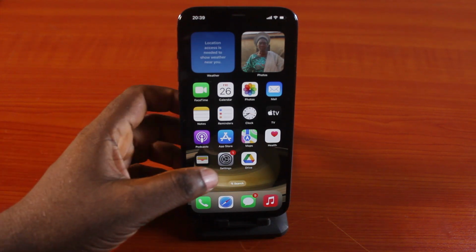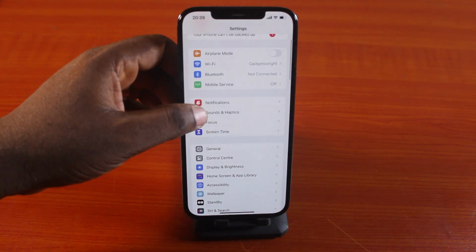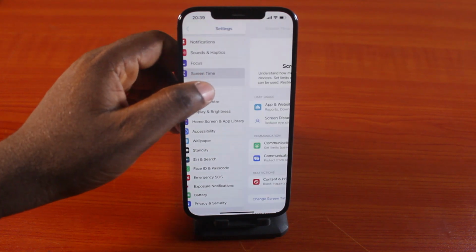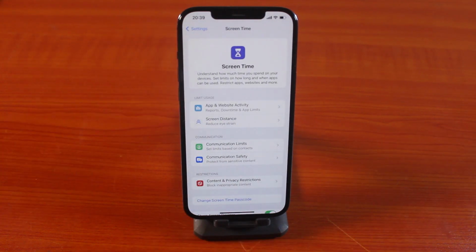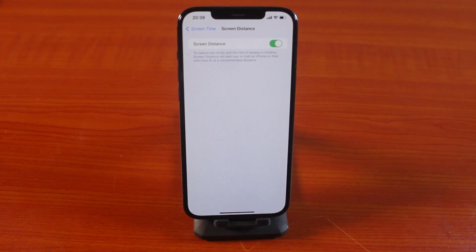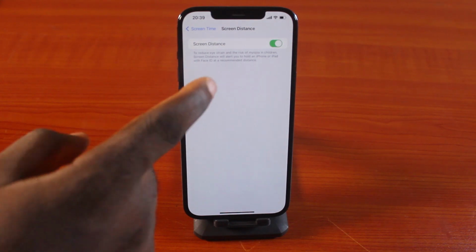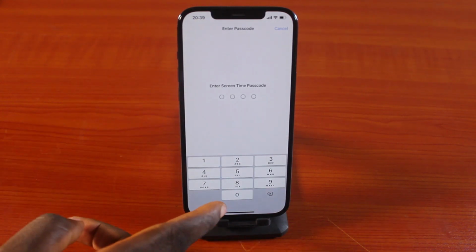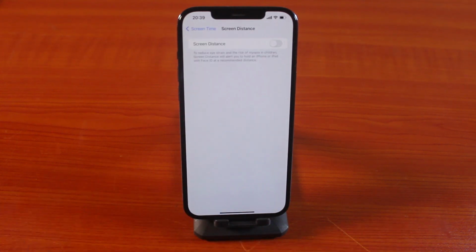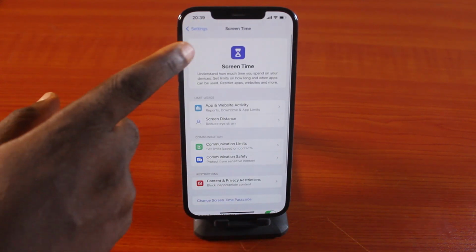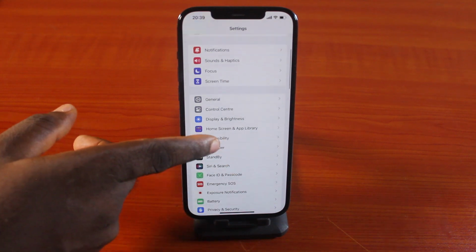So the first one to do is go to your iPhone settings, scroll down and click on screen time. Once you tap the screen time, locate screen distance and click on it. Once you hit the screen distance button, you want to make sure you disable this feature. Turn off this screen distance, then type in your screen time passcode. Once you are done, hit the back button once, go back to your iPhone settings and then scroll down, tap